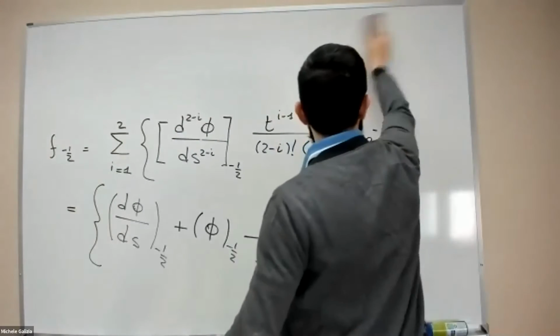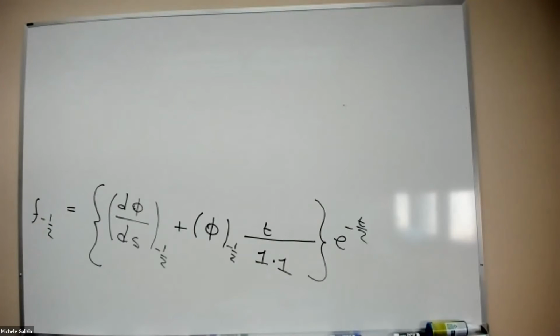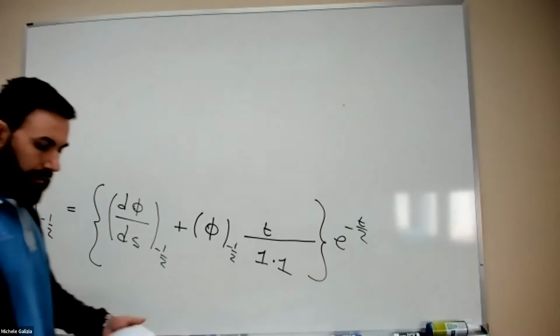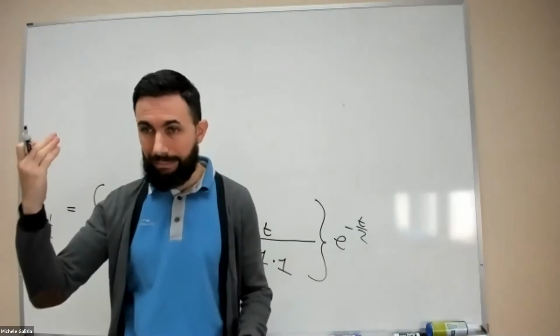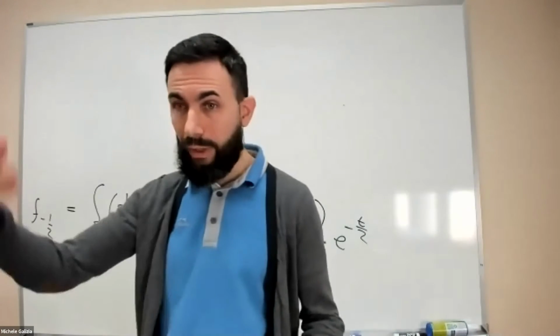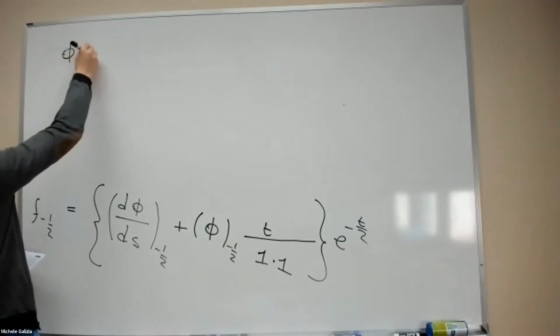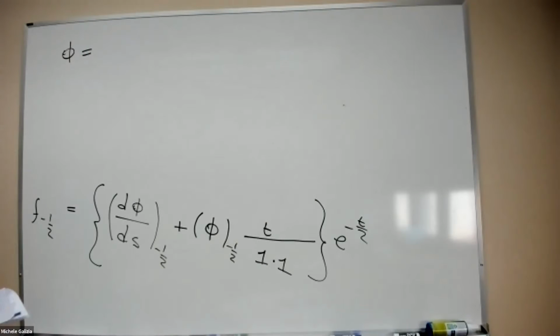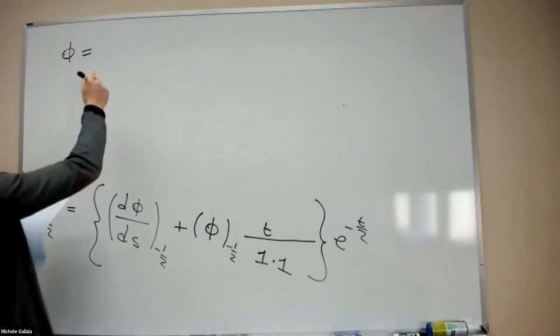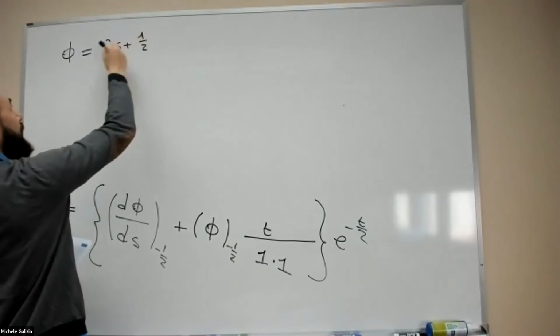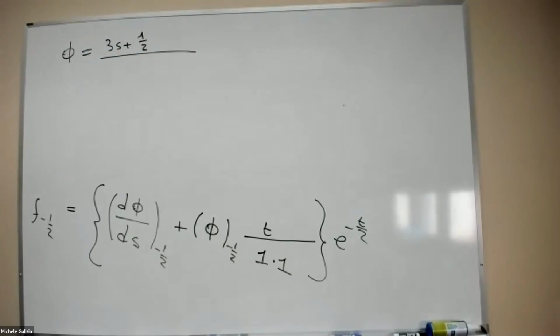Okay, now we have to figure out who is this phi, because otherwise we cannot understand what we are doing. Now, to calculate this phi, just look at the formula. You don't need to remember the formula in mind. I don't remember that formula in mind. Just make sure you have your slides. If we apply the formula that you can see on the slide, phi is the numerator 3s plus 1/2,